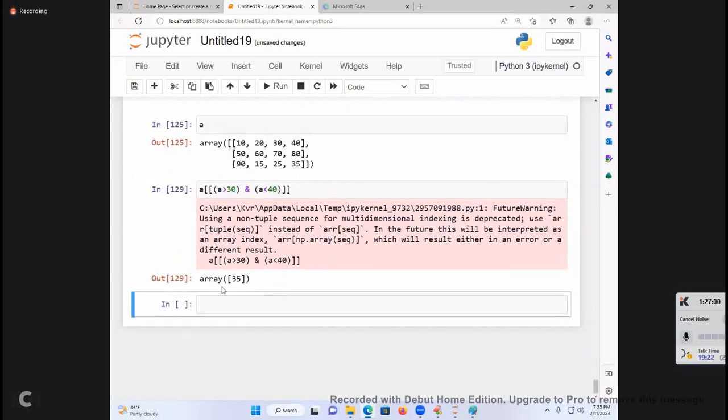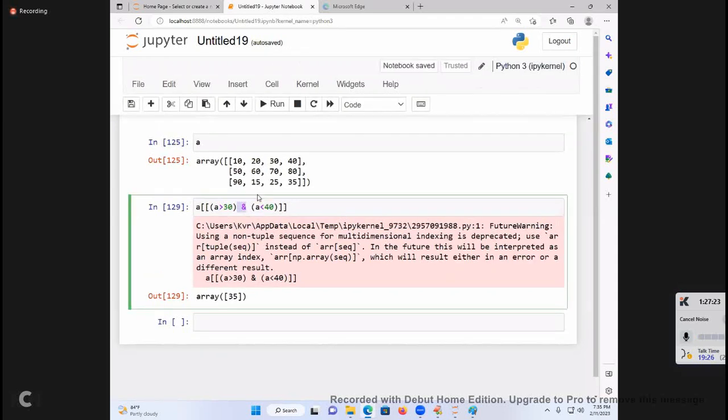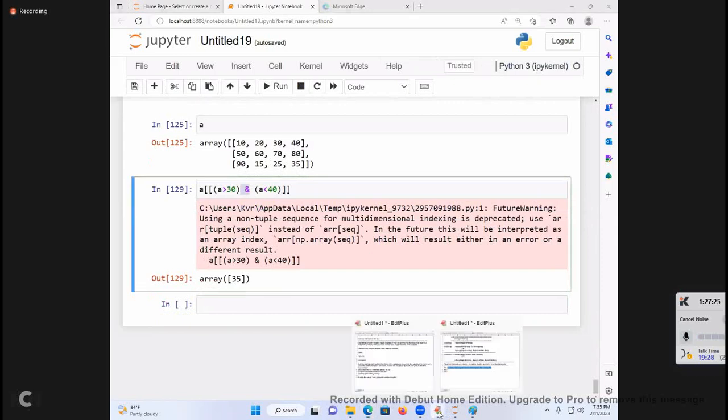What is the answer now? What is this result now? 35 is the answer. Are you able to follow? Yes. Now I will write it: A greater than 30 and A like this. You are getting this result. This is called what? Conditional operation with what? Bitwise operators, because NumPy uses bitwise operators for fast calculation. So this is considered what? Filtering operations. So coming to my documentation window,